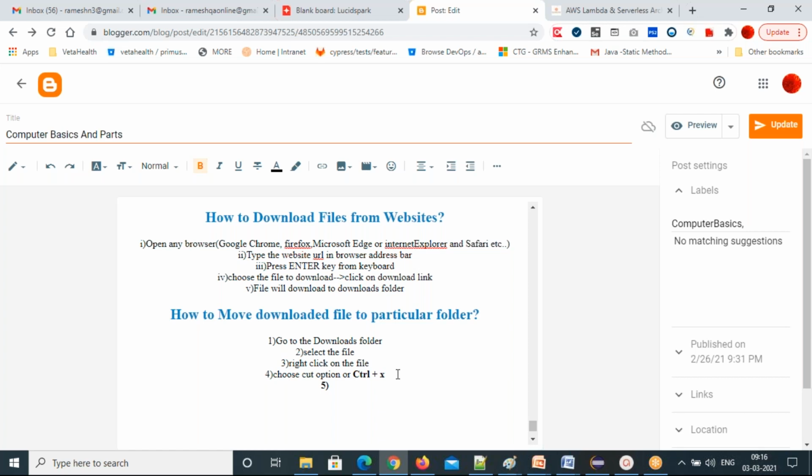And then go to the folder. Go to the folder where you want to paste it. So where you want to paste the file. Okay.